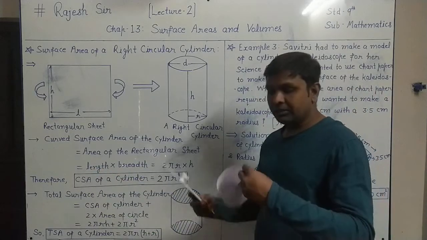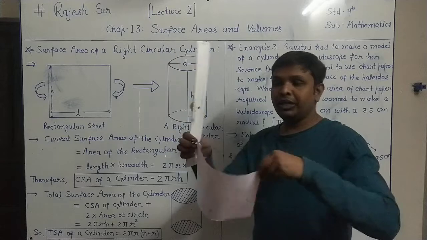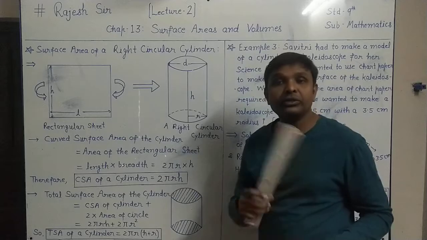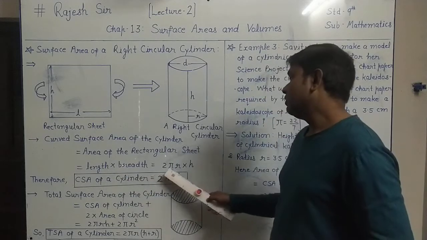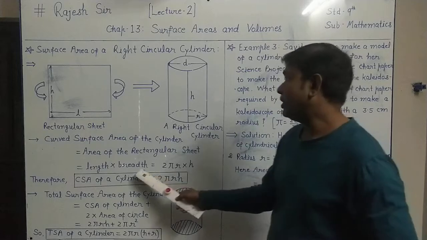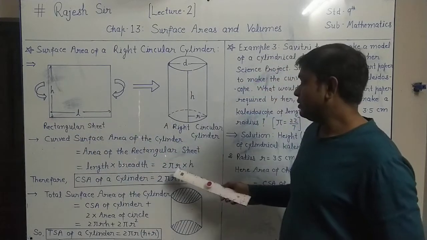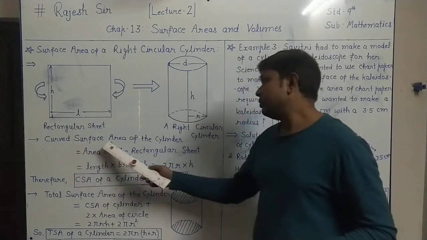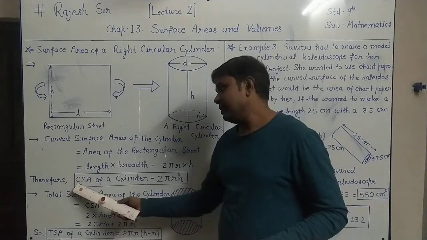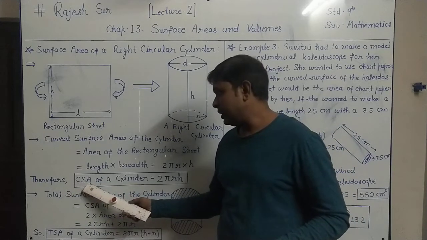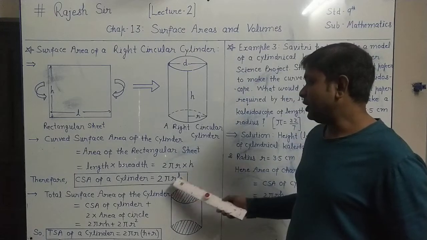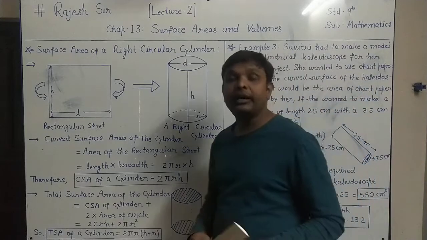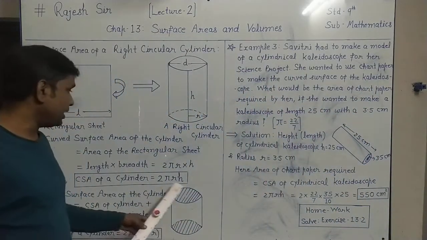Here, as we have seen, the full length becomes the circumference of the circle, and the circumference of the circle, meaning the boundary of the circle, is 2 pi r. In case of length we will write 2 pi r, and breadth in this case becomes height, so in case of breadth, height h is taken. Therefore, the curved surface area of a cylinder, in short CSA, is 2 pi r into h, that gives 2 pi r h. So simply, we have to remember that the curved surface area of a cylinder is 2 pi r h.